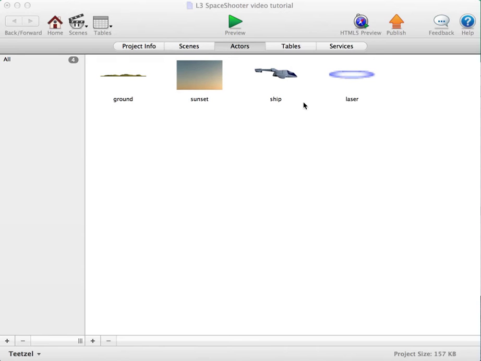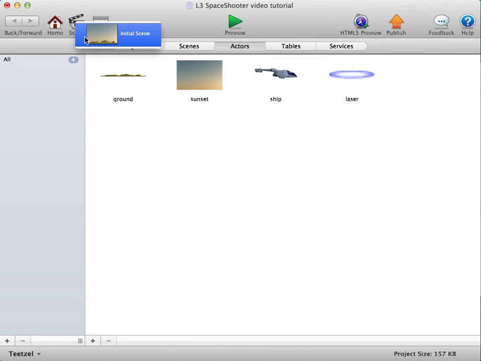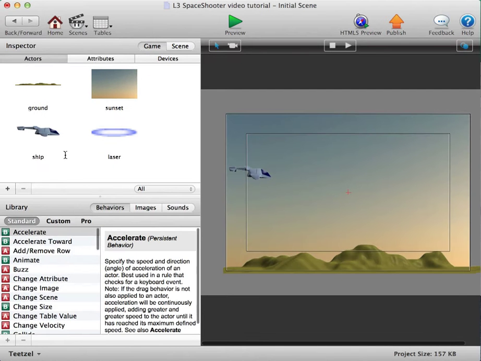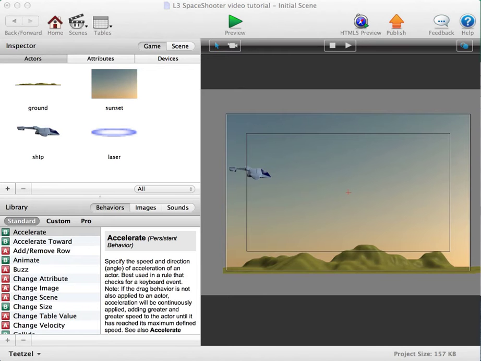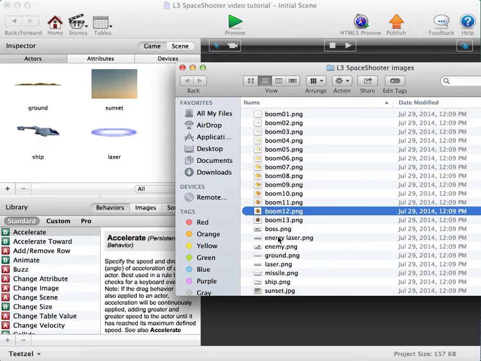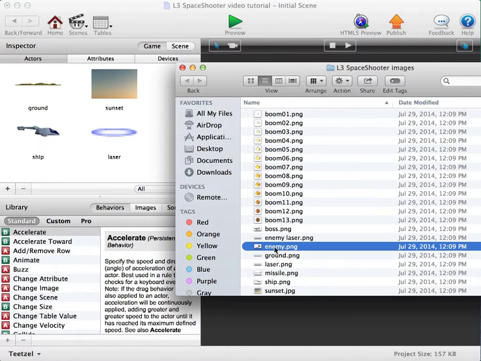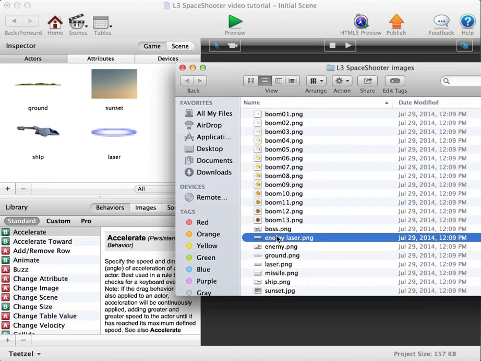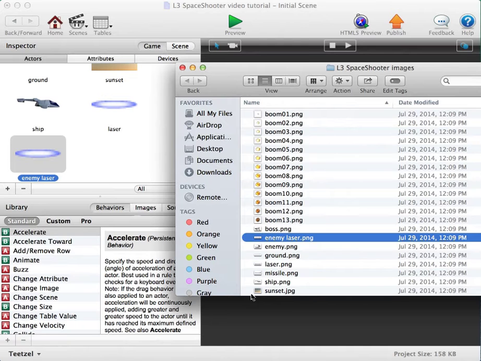Alright, now what we're going to do is add the enemy ship and the enemy laser to our project. So let's go to initial scene, and we can either just drag in the enemy ship and enemy laser. We can drag in enemy laser, and you can see that the enemy laser is the same color. What we want to do is change that so you can kind of see what's going on